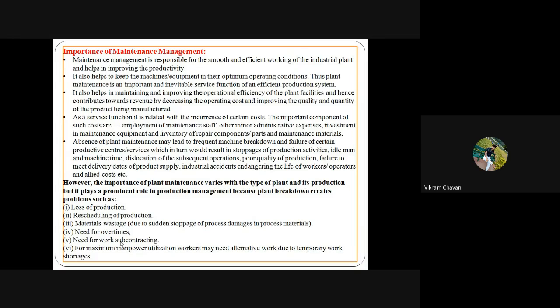Next line. However, the importance of plant maintenance varies with the type of plant and its production, but it plays a prominent role in production management,